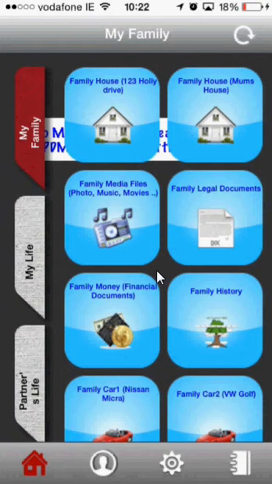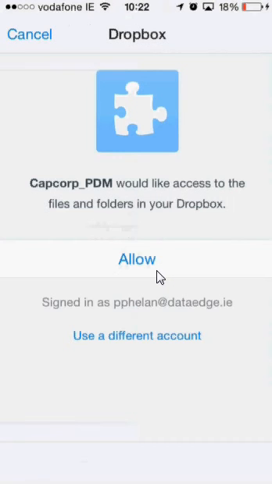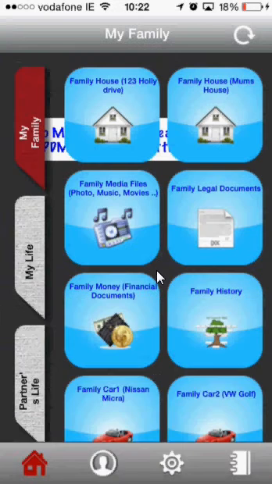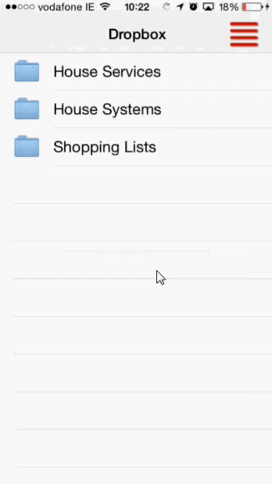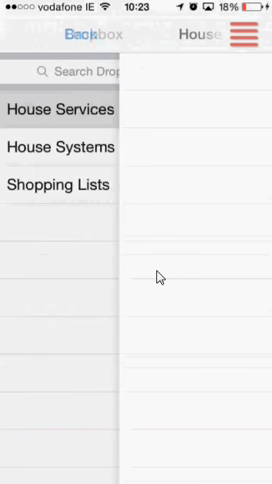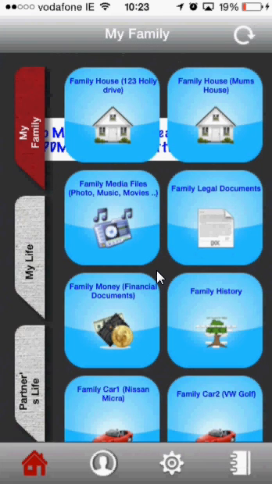So if I select on Family House 123 Holly Drive, and then allow the app to link to my Dropbox directly, if I just close that down again and go back in, we can begin to see that the directory structure is beginning to be populated. So for example, the house services are already there. So it's just a case of keeping an eye on this model, possibly log out, log back in, and you'll see everything perfectly done